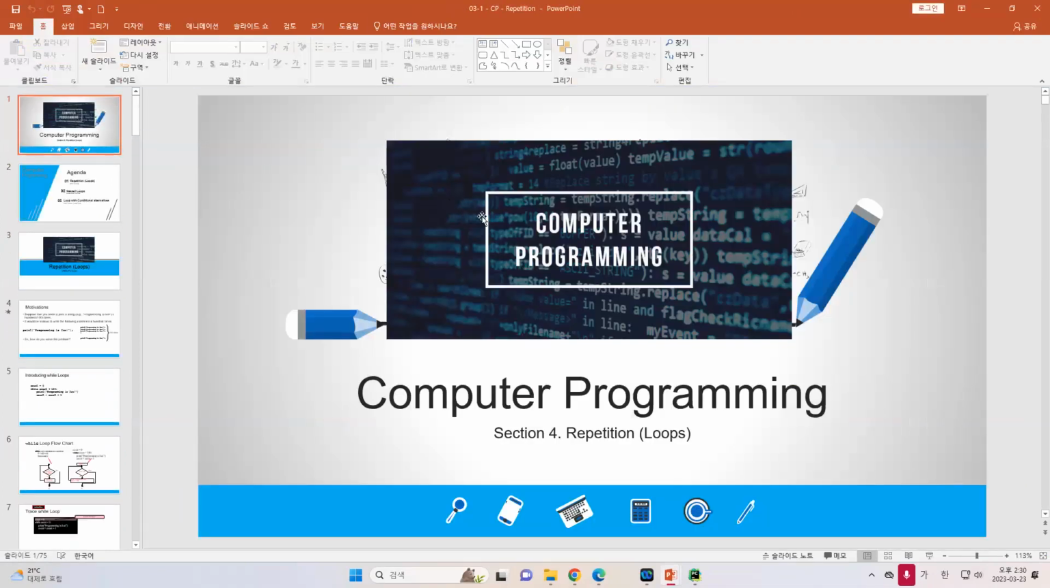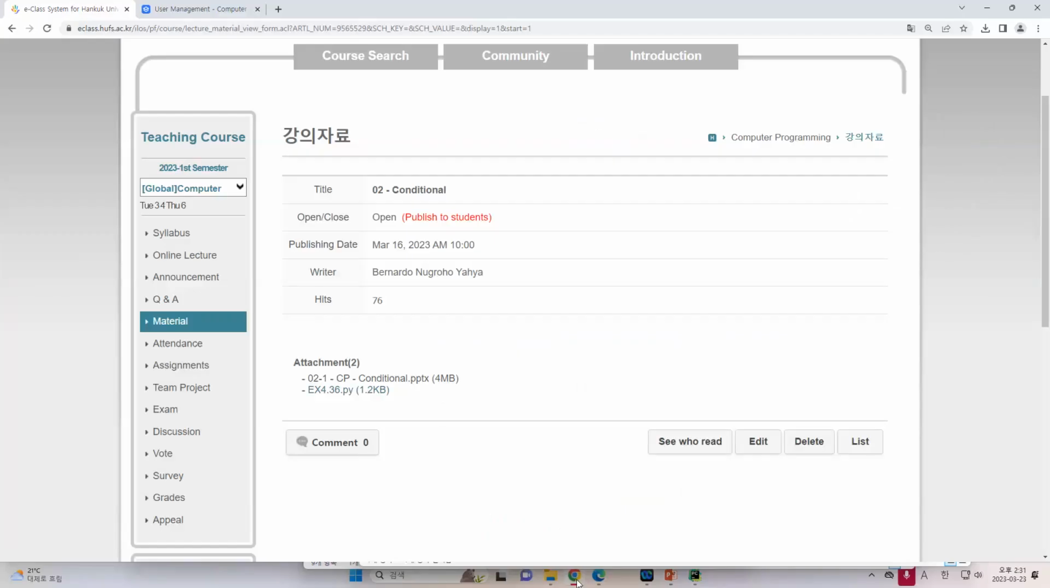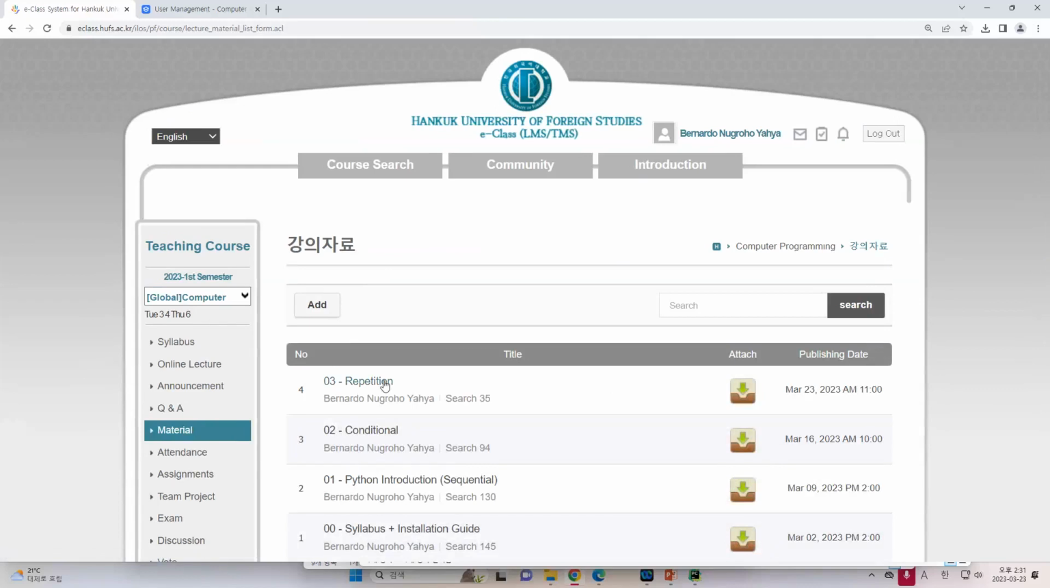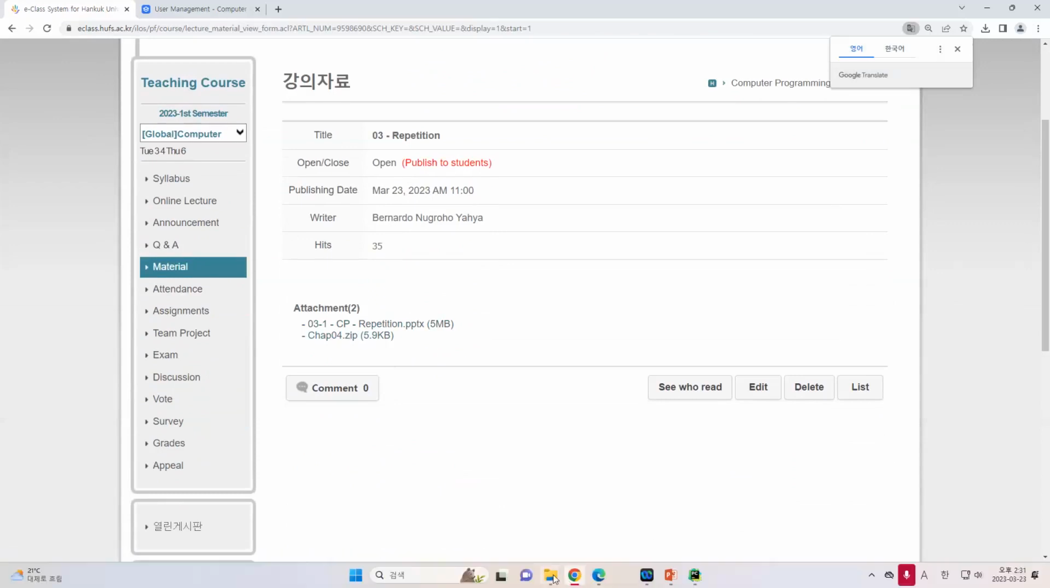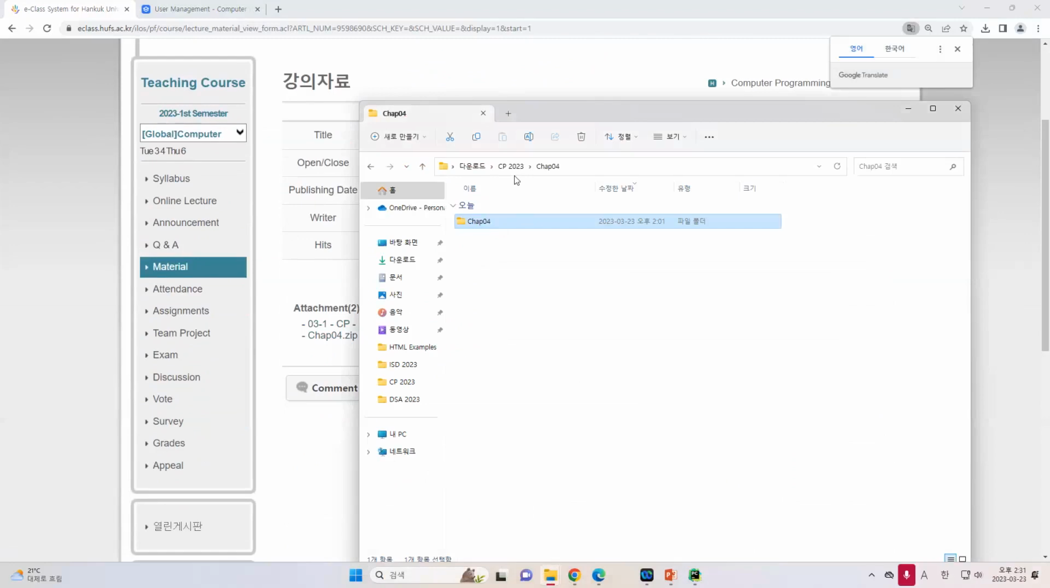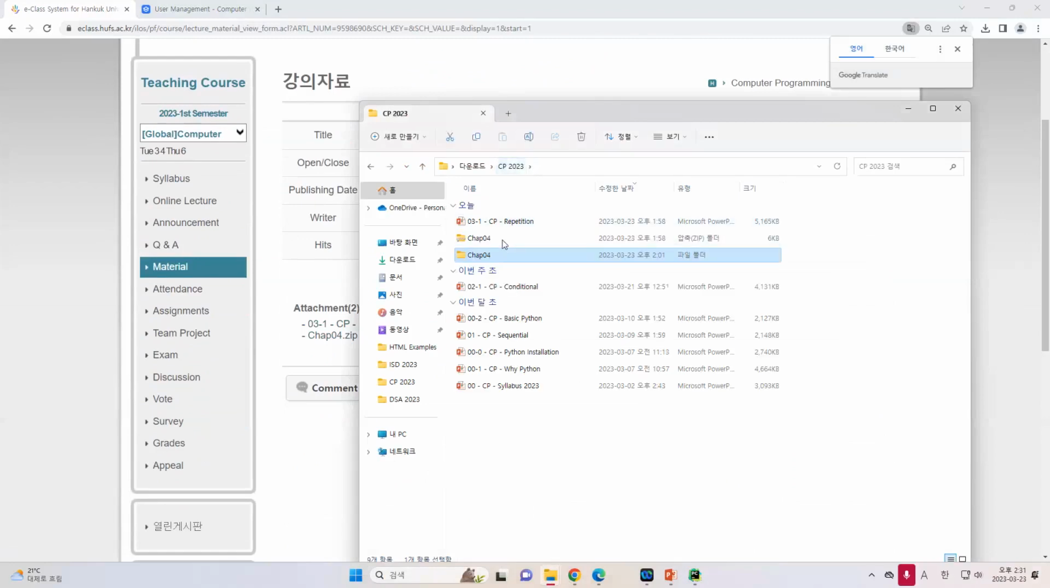Okay, since you are already familiar with Python and PyCharm until now, I do not give any code in the PowerPoint. You can go to the e-class, in the material, in the repetition, you will see a zip file. It's AP, so it means chapter 04. You can download this chapter folder zip, and then you can put that chapter, maybe in this case, I put here, and then you can